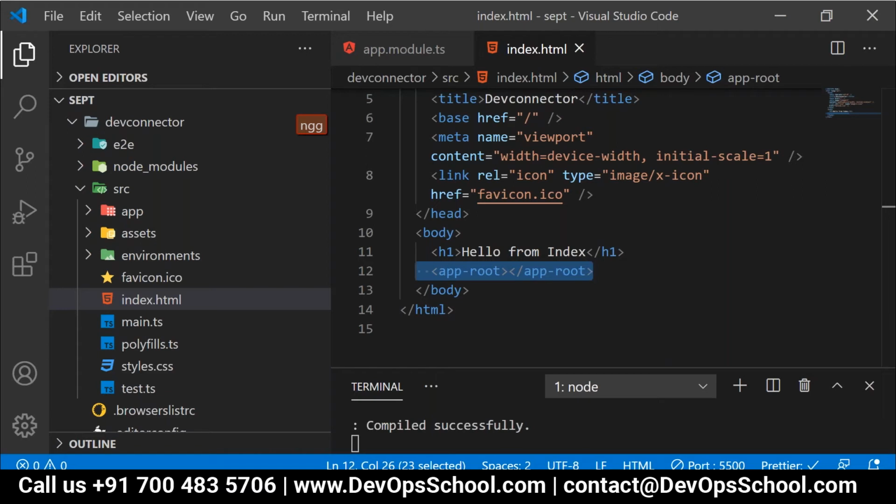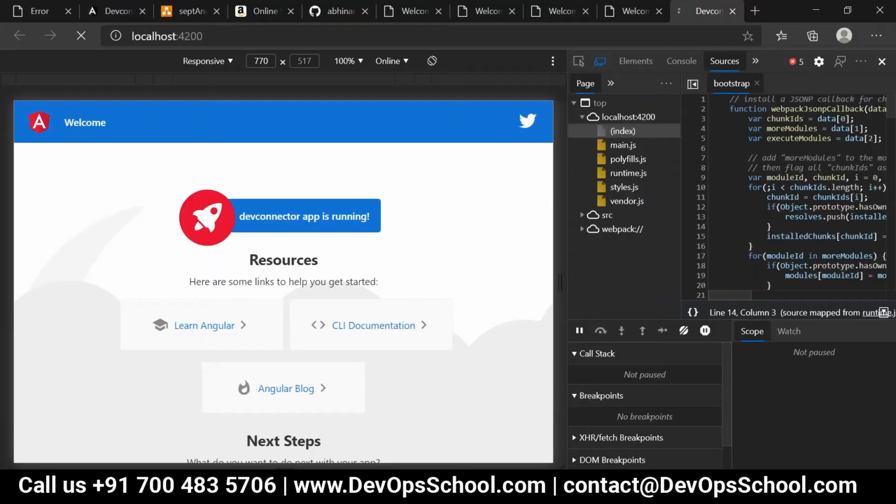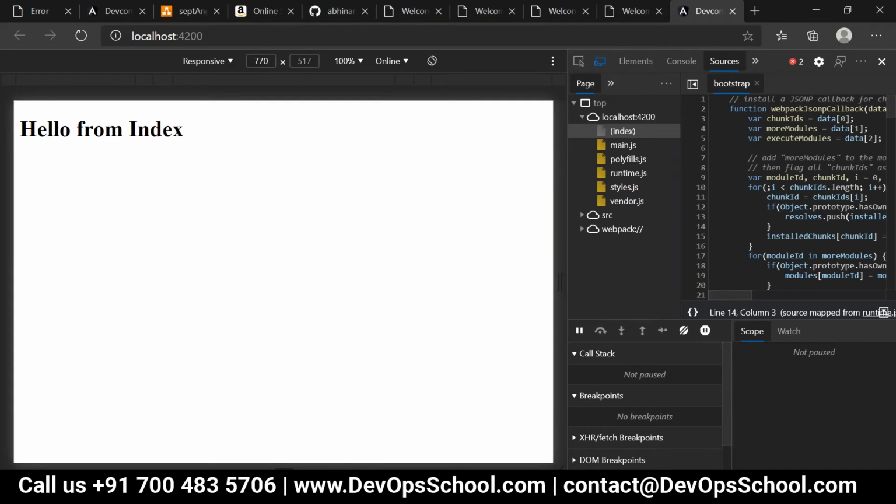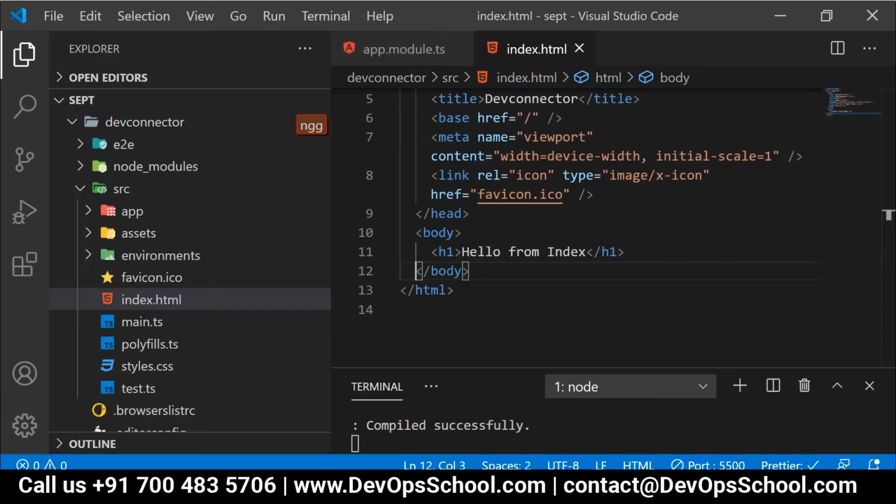Did you get the point or not? See, simply what I did, I removed this thing, correct? I saved it. And now are you able to see that blue colored complete Angular content? No, we are not able to see anything. Agree? Why? Because I removed this app-root element. Now we got to know that there is some connection between this app-root and your actual Angular content. Now, what is that connection that we need to understand?